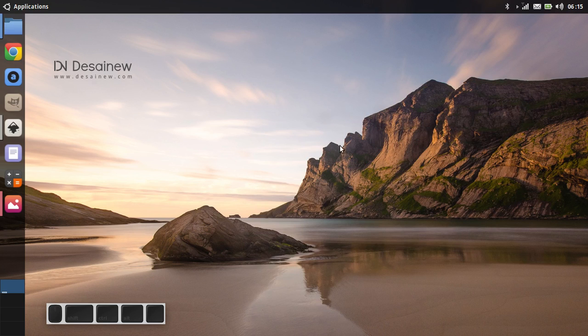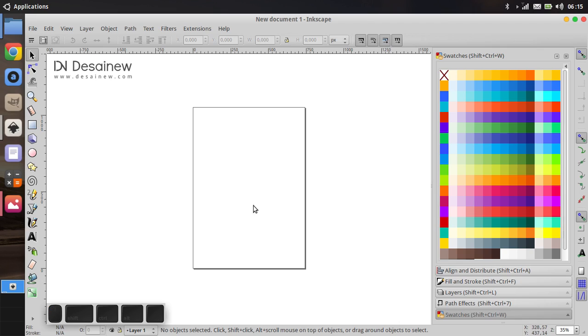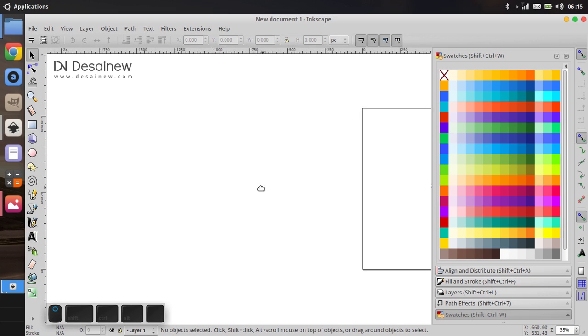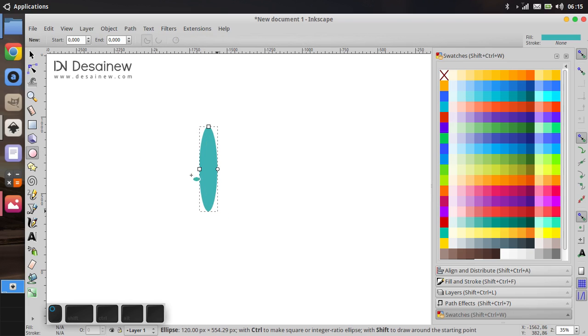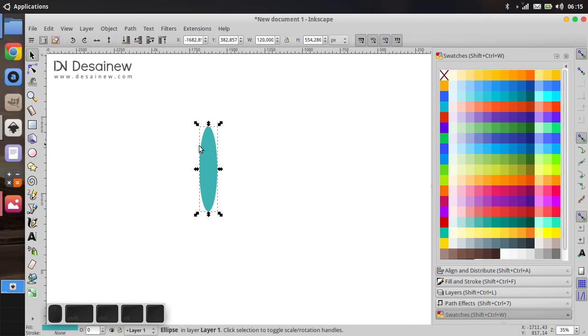Open your Inkscape and create an elliptical object with this tool, with the size 200 for width and 800 for height in pixels.